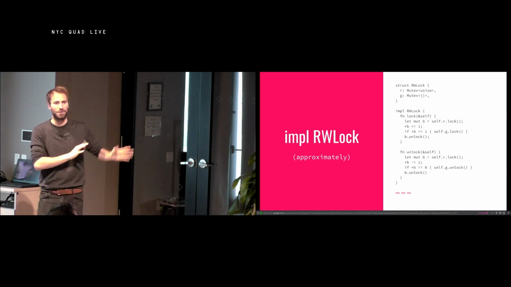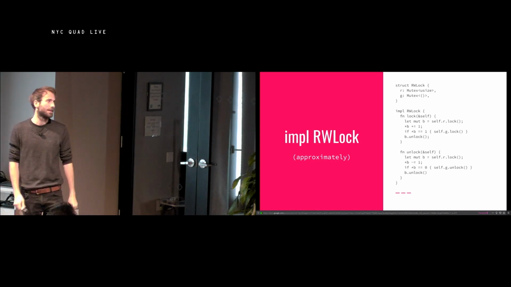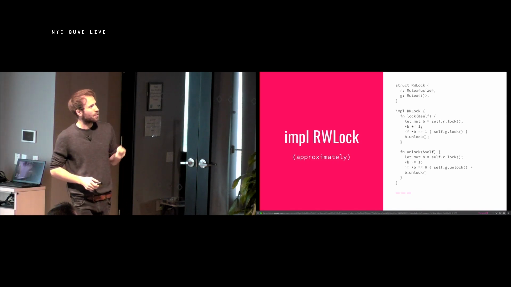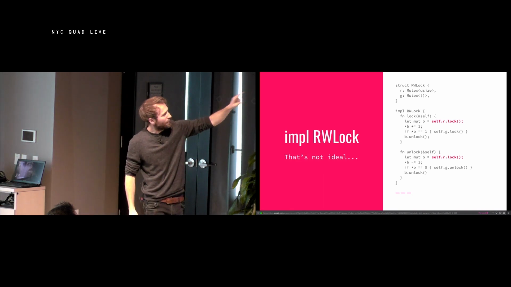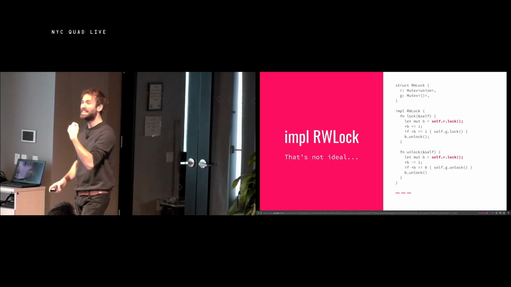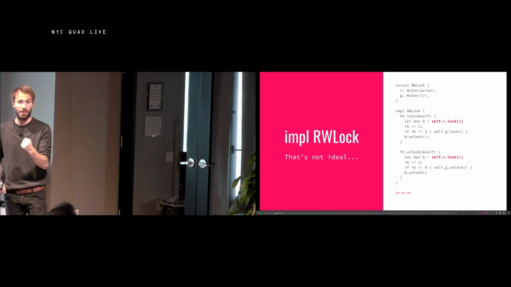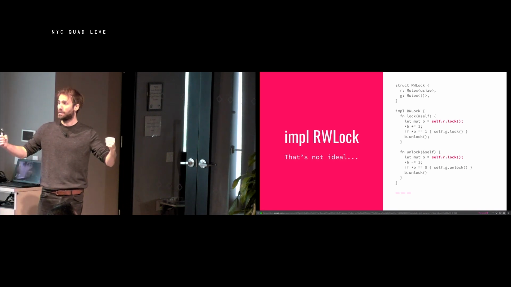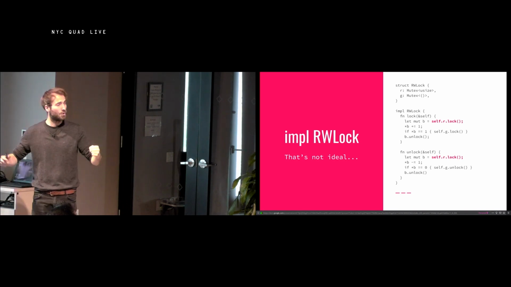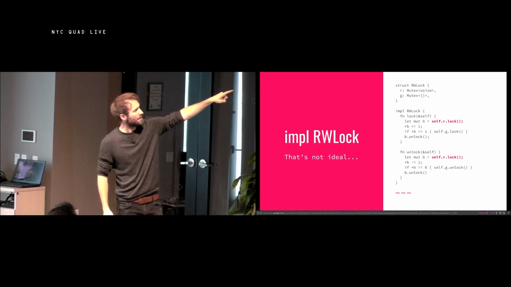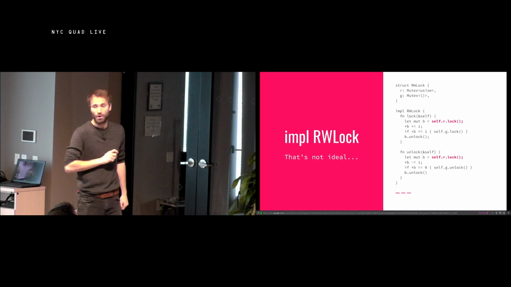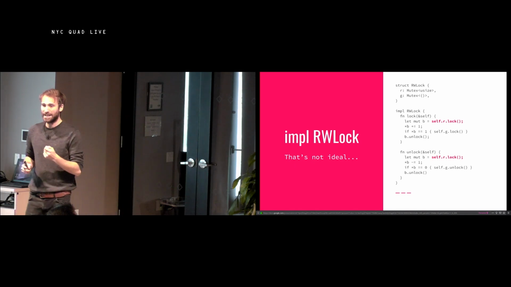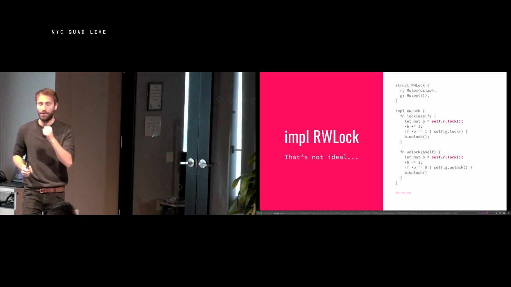Just trust me that this is actually how reader-writer locks work in pthreads. The basic thing to observe is that there's a lock in here. Whenever you take the reader part of a lock, the thing that's supposed to let many threads take the reader lock at the same time, you have to take this exclusive lock first. You don't take it for very long, right? Notice that you release it before you return. But you have to take it whenever you take the read handle and whenever you give it back.